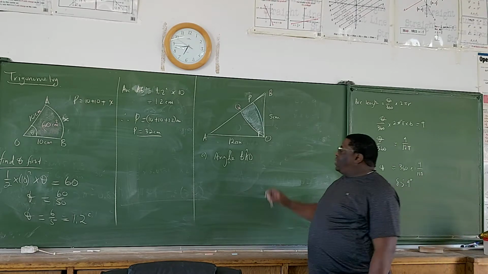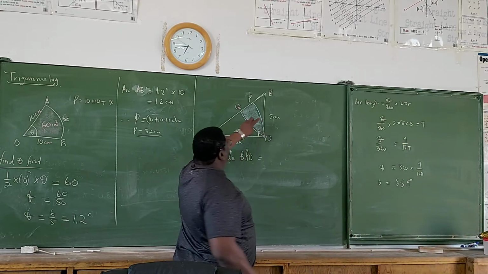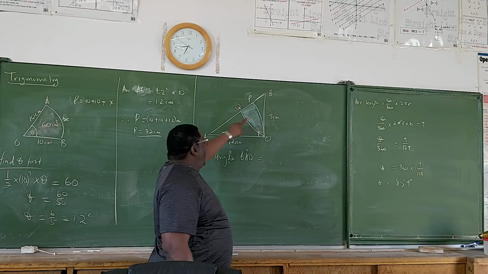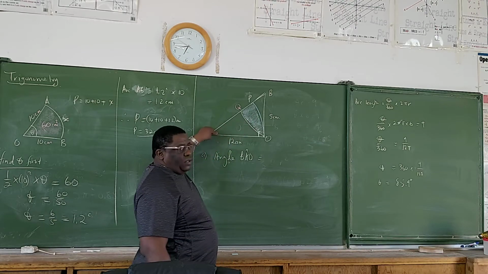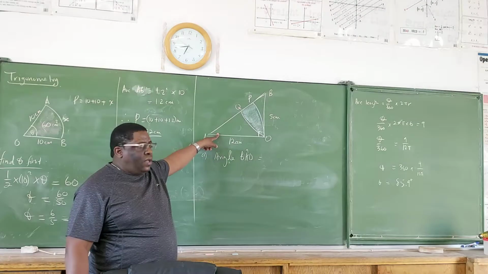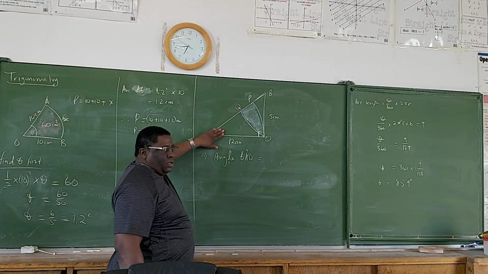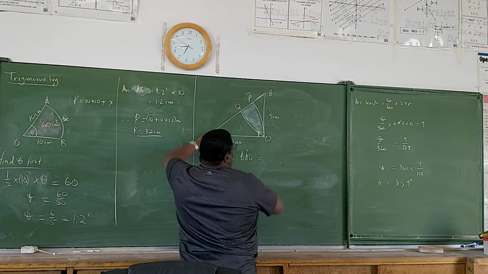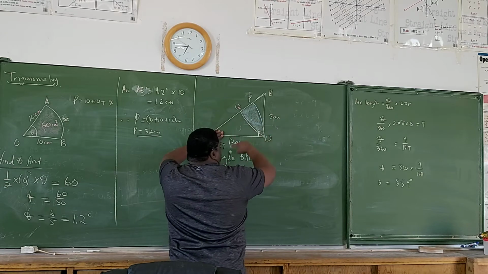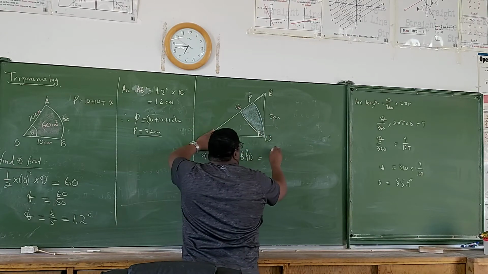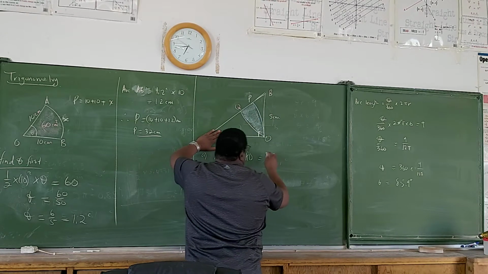Okay. Now, it's a right angle triangle. And the way you find an angle in a right angle triangle, you are using your ratios, your trig ratios. So angle BAO, this is the particular angle that we are interested in. It means you're going to use the tangent ratio. It will be the tangent of,